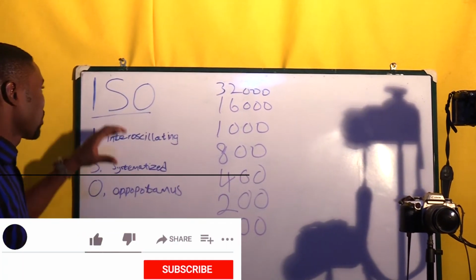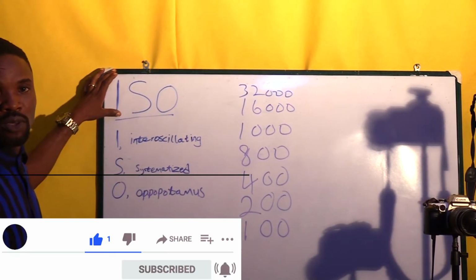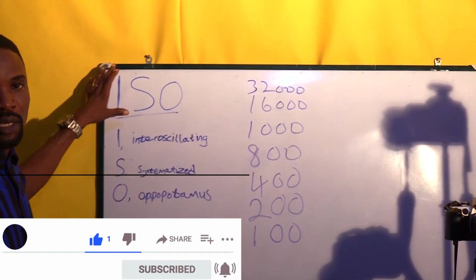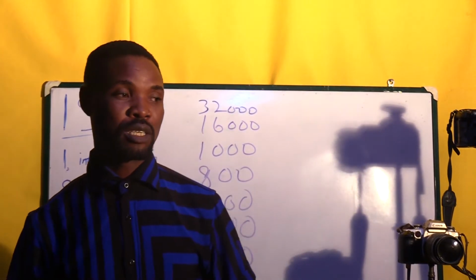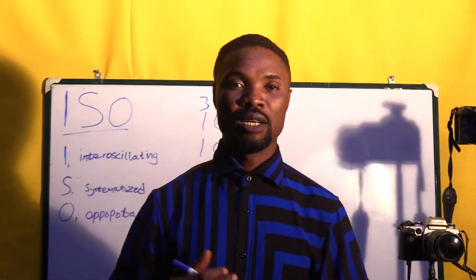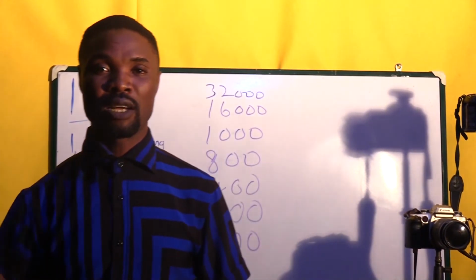Without taking much of your time, I'll quickly dive into it so that you can learn more about it. In your camera, we have the word ISO. This ISO stands for a lot of things in your camera. First of all, it helps you to have a quality image if you have the good settings. Secondly, it is the sensitivity of the camera, which has to do with the amount of light that comes into the camera,